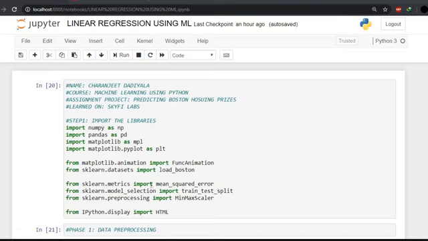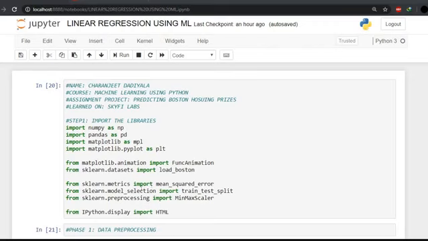Hello everyone, my name is Charanjit Dadiala and here is the demonstration of my project predicting Boston house prices, where I have implemented linear regression using machine learning. This is an assignment module towards the completion of a course of machine learning using Python, which I have learned on SkyPy Labs during my quarantine hours.